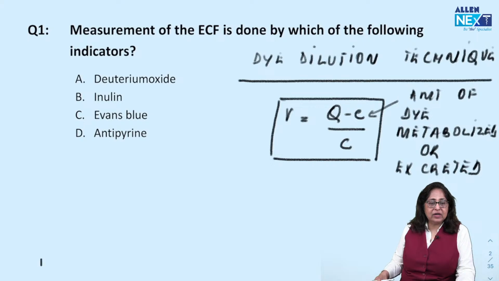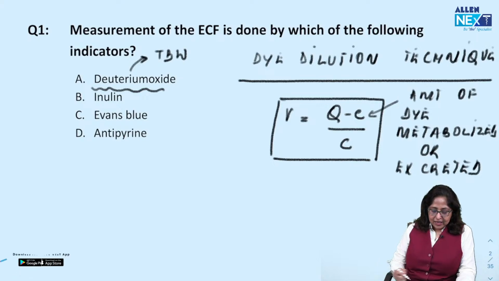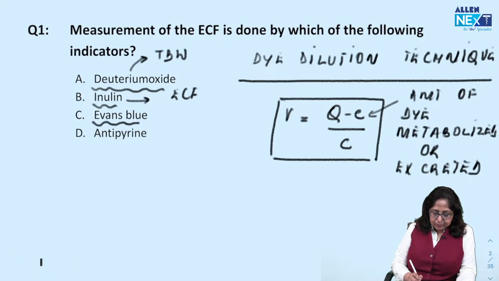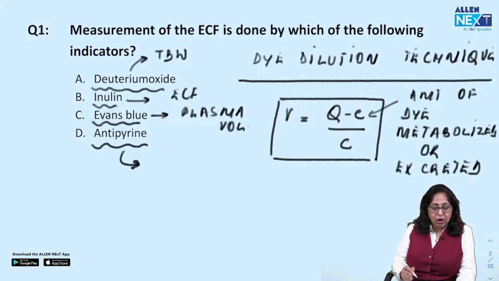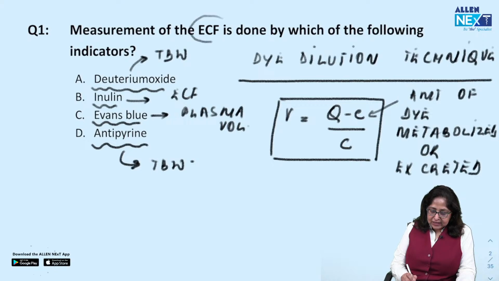Now, what is used for different body fluid compartments? Deuterium oxide is used for the measurement of total body water. Inulin is used for the measurement of ECF. Evans blue is used for the measurement of plasma volume. Antipyrine is used for the measurement of total body water, right? Antipyrine is also known as aminopyrine. So the answer to this question, measurement of ECF, becomes B,